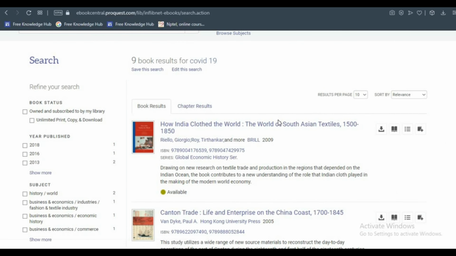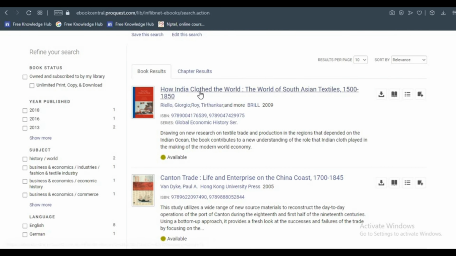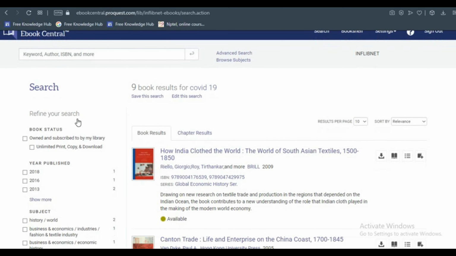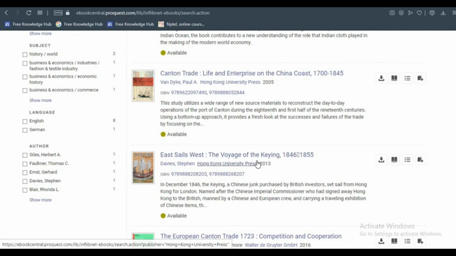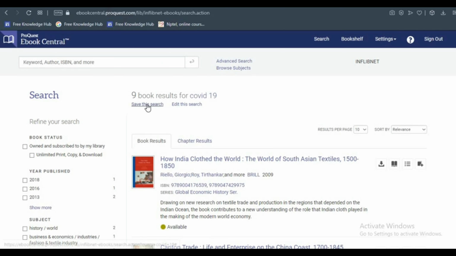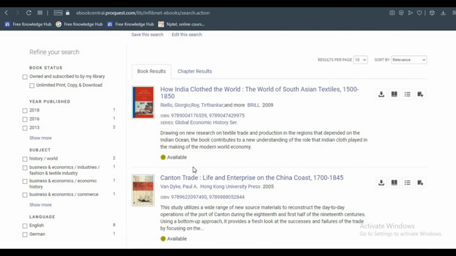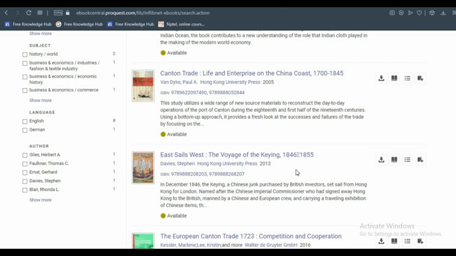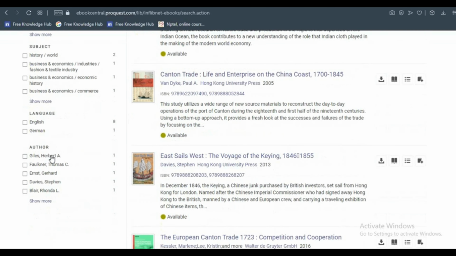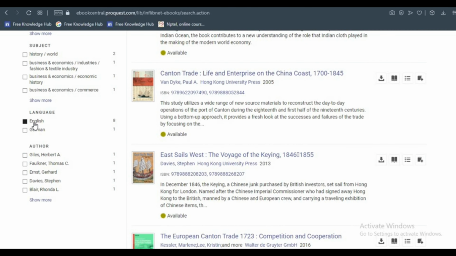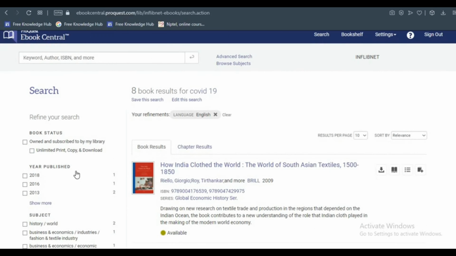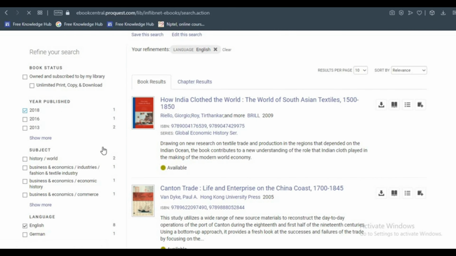Here you can see there is How India Closed the World under this COVID-19. You can see there are some books, 9 book results for COVID-19. There are filters that you can use if you want English, German books, latest 2018 publications.